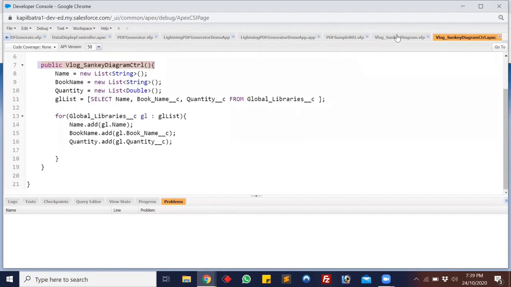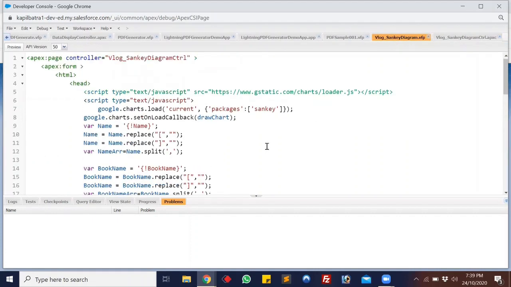Let's move to the Visualforce page now. So we are having the design, we are having the layout, we are having the data in the Visualforce page. So everything is on the Visualforce page right now. Okay, so guys, for this Sankey diagram, I am just using the Google chart script. So you can just get the script directly by searching for it on Google, but I have customized the script so we can use it in the Visualforce page also. Let me just show you the Google chart also.